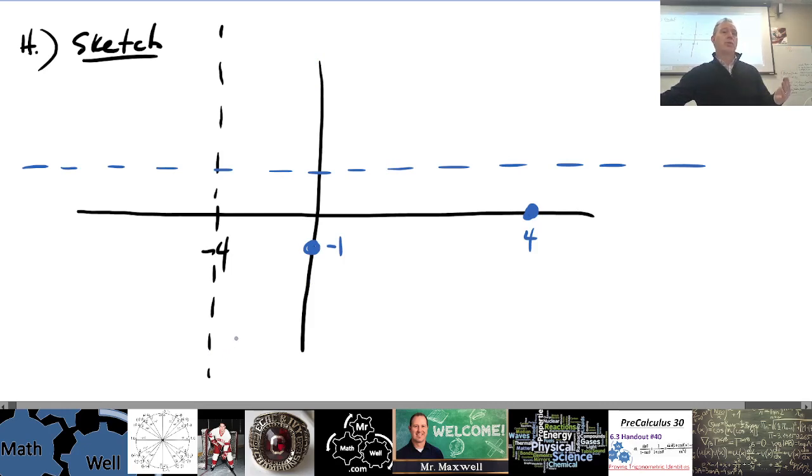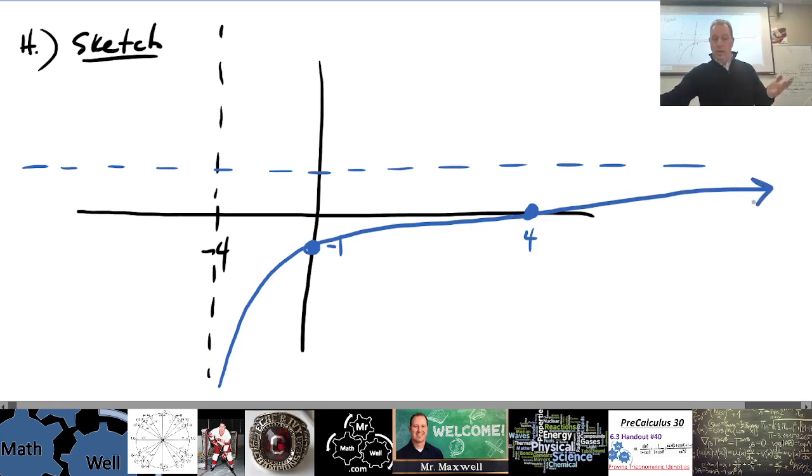You could do some test points too, right? -3, check what -3 is. There should be a large negative. You know the graph's going to kind of come up like this and maybe go like this, right? That's what you're thinking. Let's just as well determine,